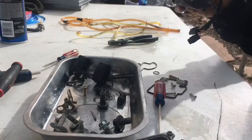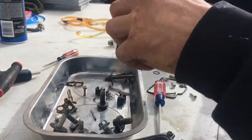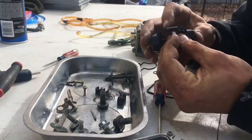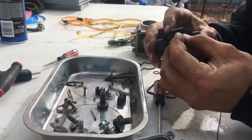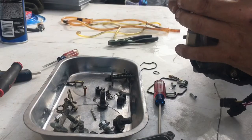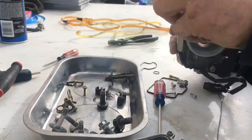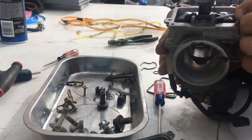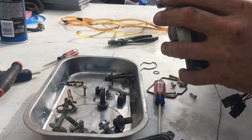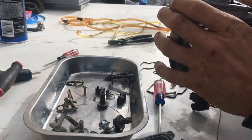Okay, now I'm gonna go ahead and get my float, which is right here, and I'm gonna go ahead and put the new seat on it. The new needle seat is gonna go in it. Okay, now just stick it back on there like that. I already got my float adjusted already, so I don't have to mess with that. But make sure you stick your pin back in there. Just be careful so you don't lose nothing, things like that nature. Okay, I got my float in there, got my main jet, my pilot jet,